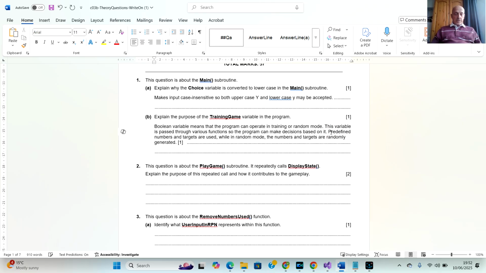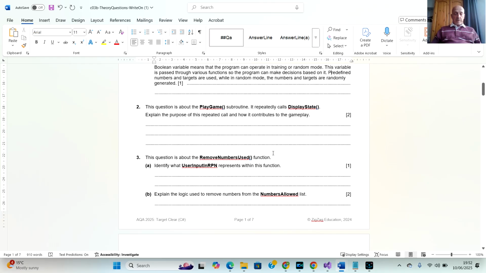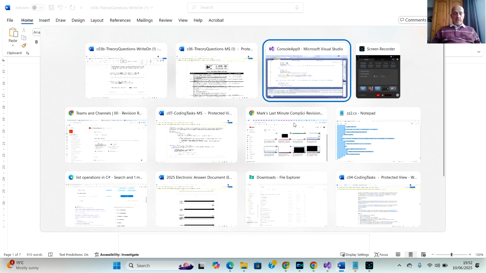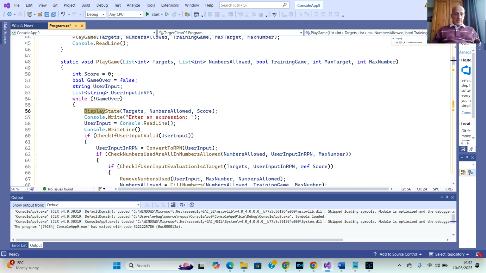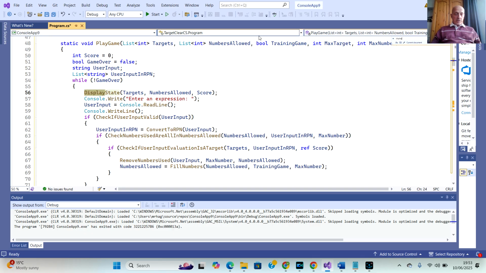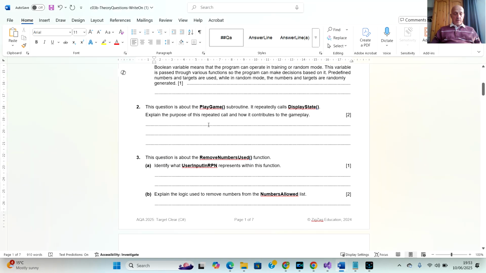Okay, so this question is about the play game subroutine. It repeatedly calls the display state. Explain the purpose of this repeated call and how it contributes to the gameplay. Well, the display state is down here, so I'll just do a quick search for that. Display state. So it's called to give the user an update on the